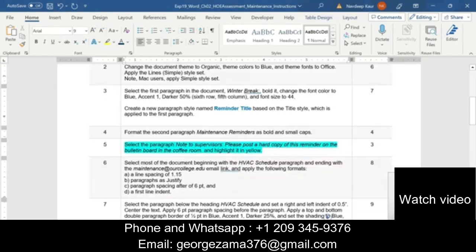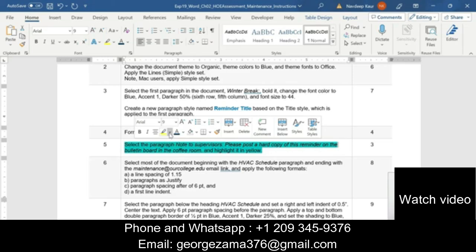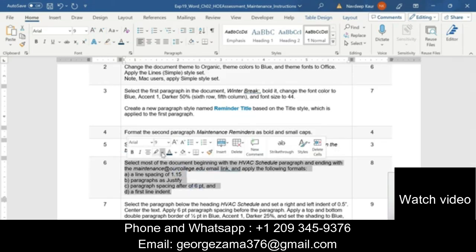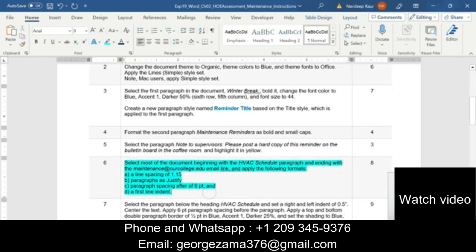So let me move to the next step of the assignment, that is step number 6. Step number 6 is select the rest of the document beginning with the HVAC schedule and ending with the maintenance at ourcollege.edu email link, and apply the following formats.